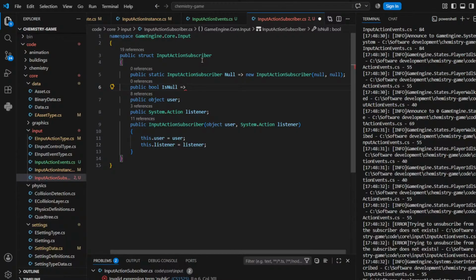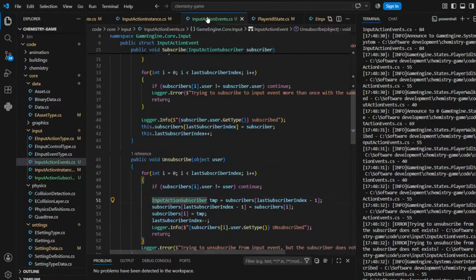No, this is not going to work. I need to know if there are subscribers. Yeah, but I can know it: if they are all null, then there are none. So let's change it like this. Is null means that user is equal to null, right? I still need the user. I still need to know what I have to remove from here, right? So yeah, this is okay. So now I can